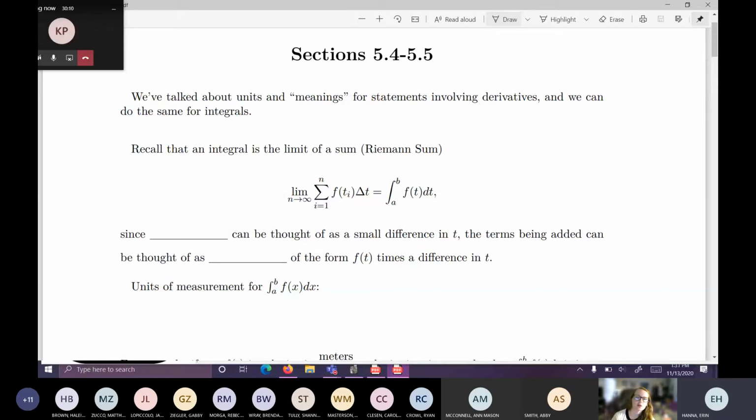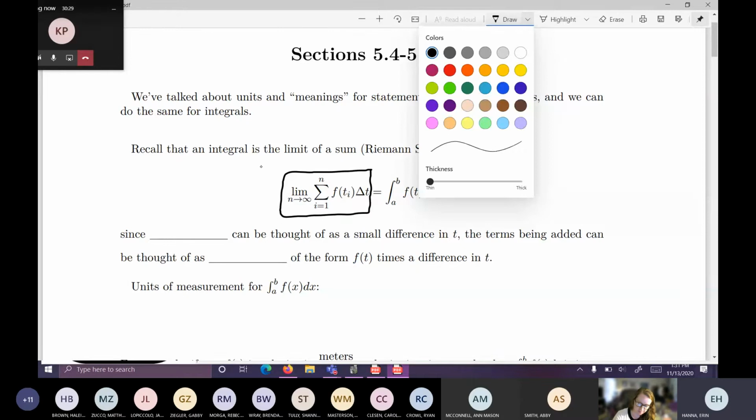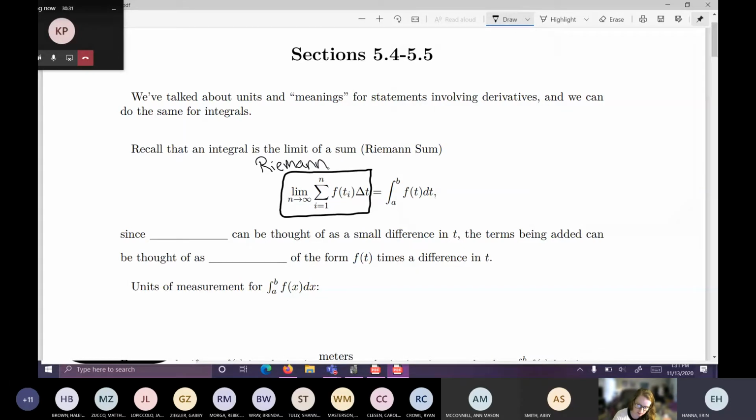Remember that the integral is technically the limit of a Riemann sum. This is technically the formal definition of an integral, and it was that scary limit definition. But the left side of this is essentially just a Riemann sum. So this scary, freaky looking thing here is just a Riemann sum. And remember that Riemann sums are essentially just sums of areas. So in that notation, the change of t is thought of as a small difference in t,